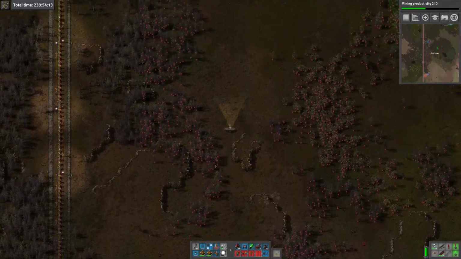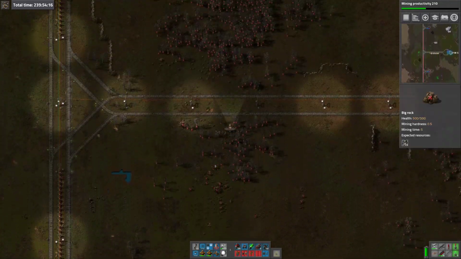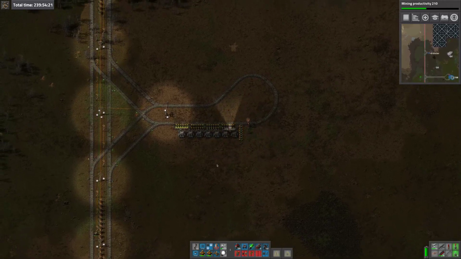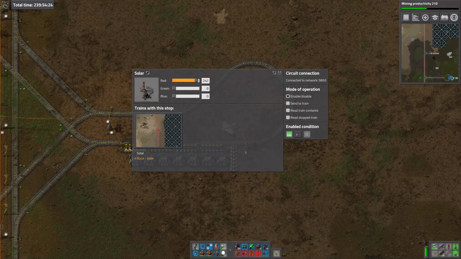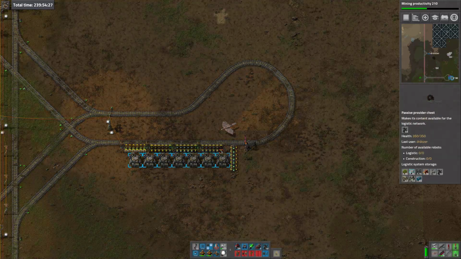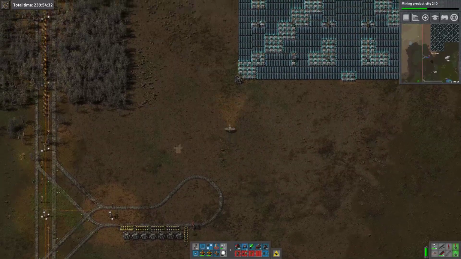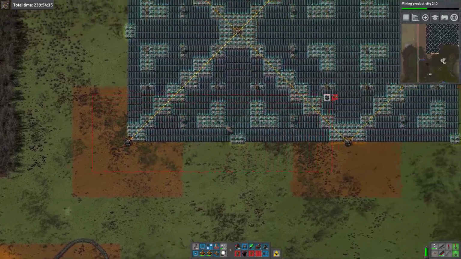Okay, so this is the second. This is the first one here. We have a solar train. It is traveling. Oh, we have some solar supplies. That is very cool. Okay, we're right on the edge of the old solar field here. And I really want to not be growing this. So